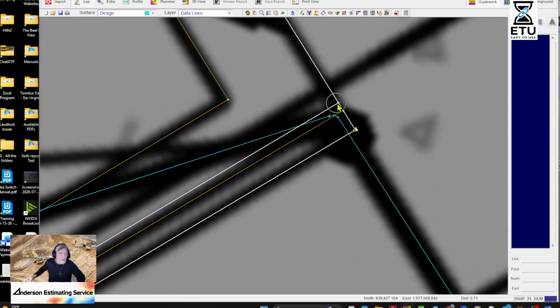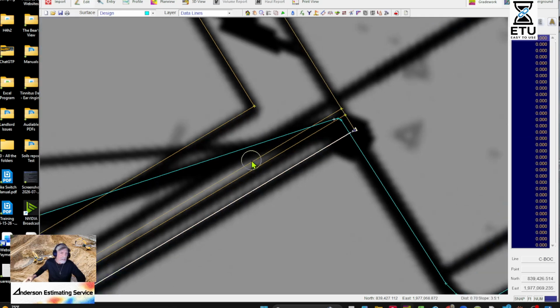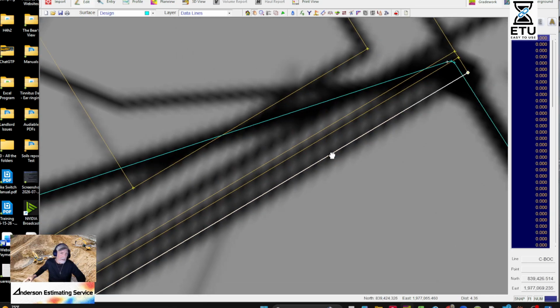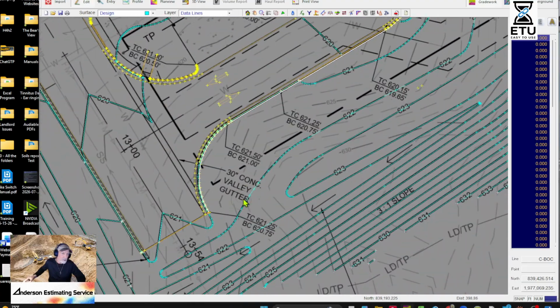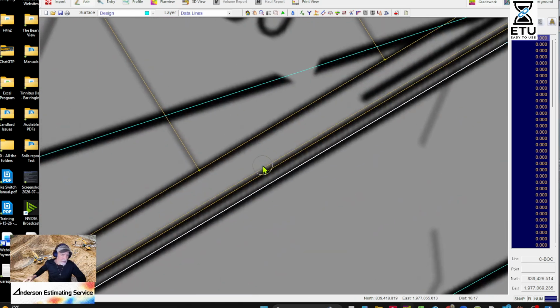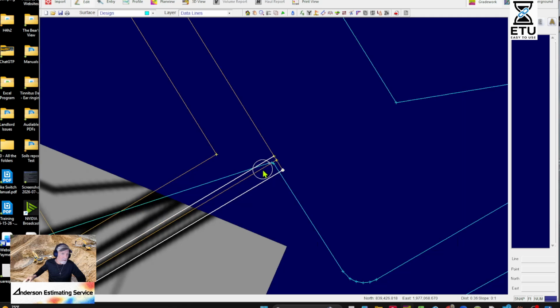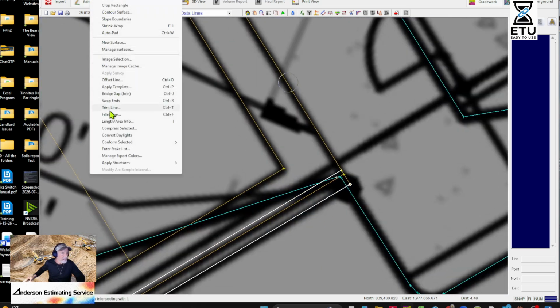Okay. I'm gonna cut it right here. Because I want these 2 lines to be kind of identical. This line and this line. This is gonna take care of that problem. Watch. Okay. AGTEK's thought of everything. So we're going to go here and we're going to click on this one and we're going to go utility, the trim line.